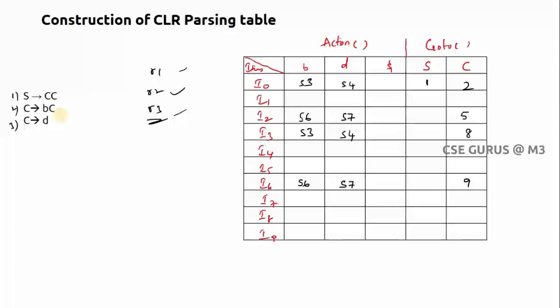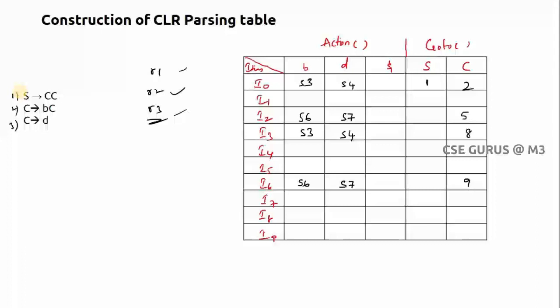So how to write this one? If you compare this with the SLR parsing table, what we have done there is, where you wrote R1, you checked where the production is completed. That means at the end you need to find the dot, and after that you find where to write it, meaning you went for follow. What is the change here? First finding I0 or I1, where I need to write this R1 is common, but here there is no need to find the follow of a particular non-terminal. Why? Because here you are readily given the look aheads, so that's not required.